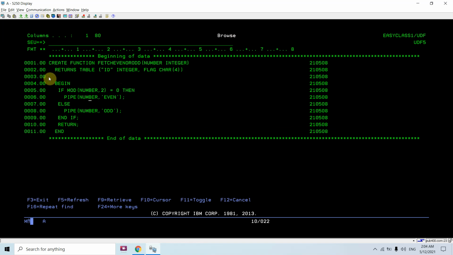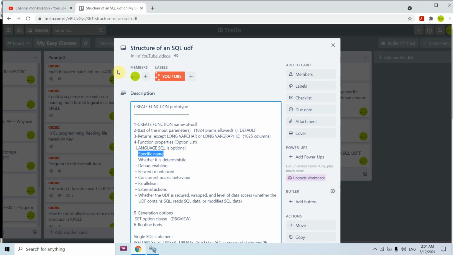Here we can specify specific and then the name of that, like fetch 01 or fetch a or fetch even or fetch EOD, even or odd, like this. So we can have control over what name of the object gets created by the IBM i or the system. So basically specific is very important.